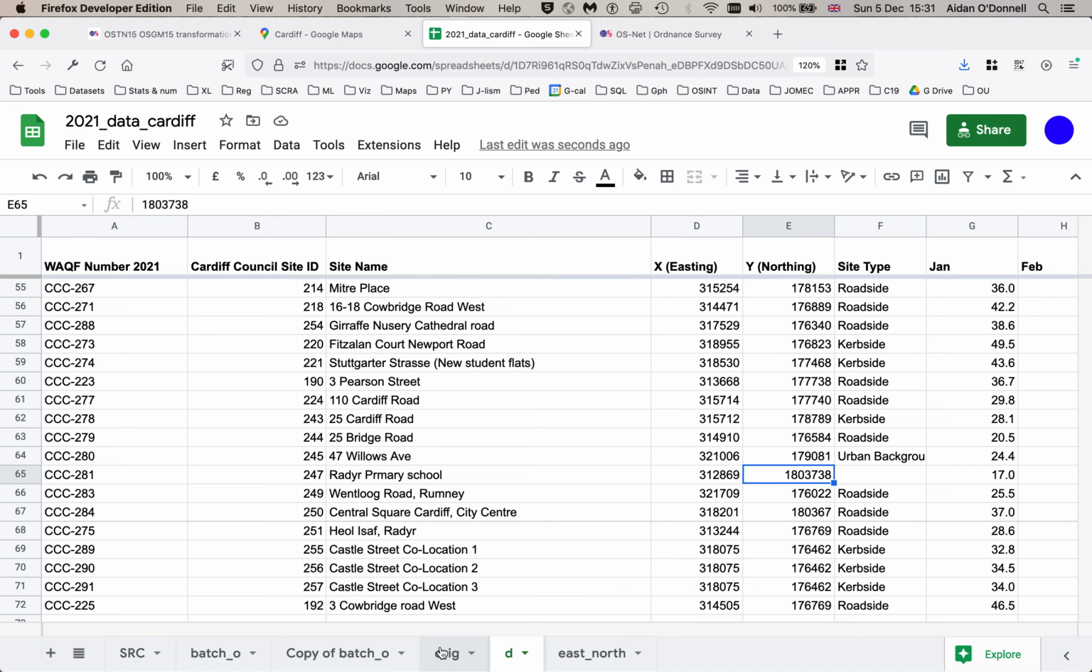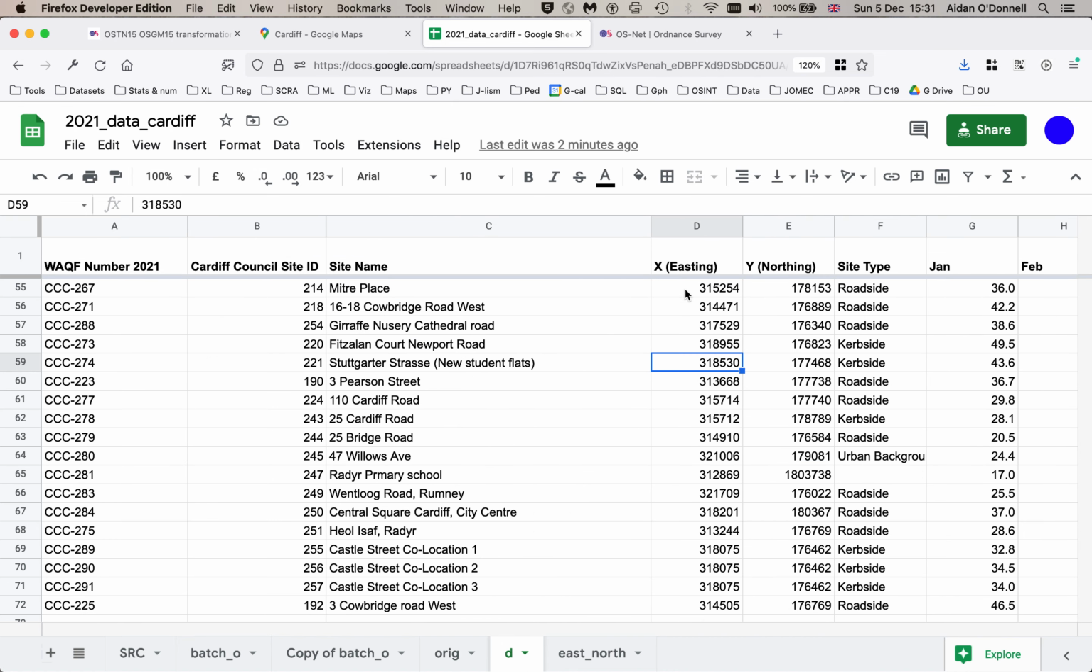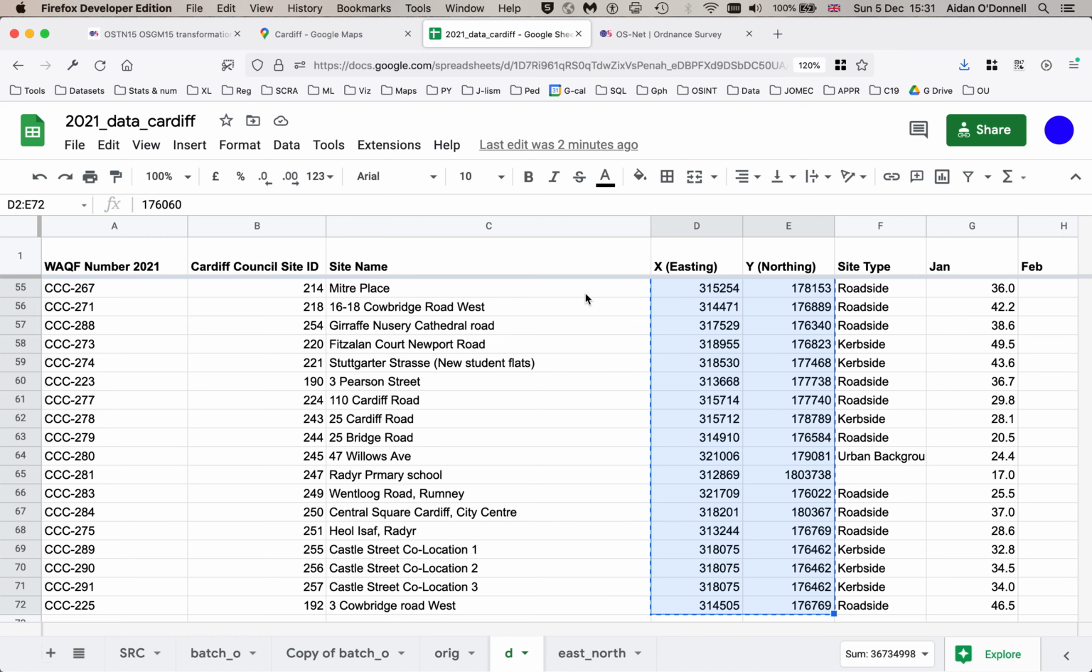Here we have some data which has eastings and northings as its coordinates, which is basically x and y in the UK. And we want some latitude and longitude. So here's the same data cleaned up. What we want to give our little online tool is these two, all of them maybe, all of these. So let's copy that, and